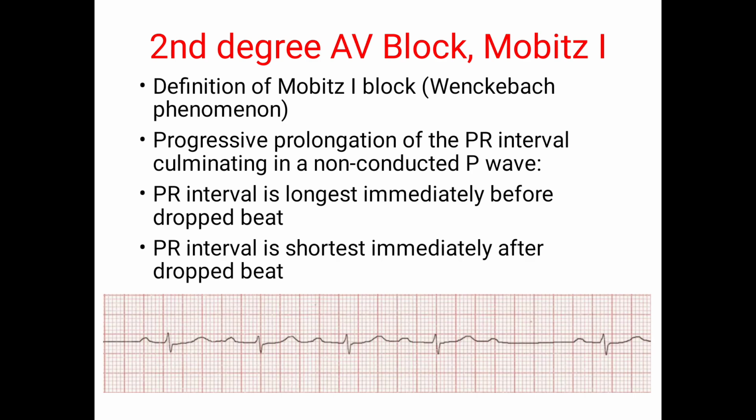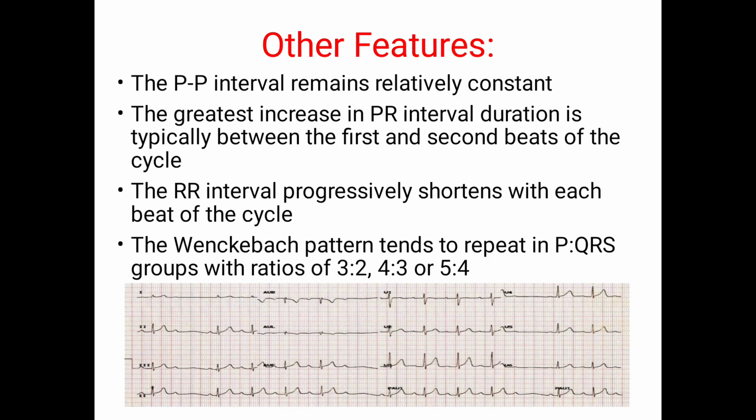P waves. Means PR interval prolongs, then there is a P wave, but there is no QRS complex. The PR interval is longest immediately before the drop beat, and it is shortest immediately after the drop beat. And also remember that the PP intervals remain relatively constant, and the RR interval progressively shortens with each beat of